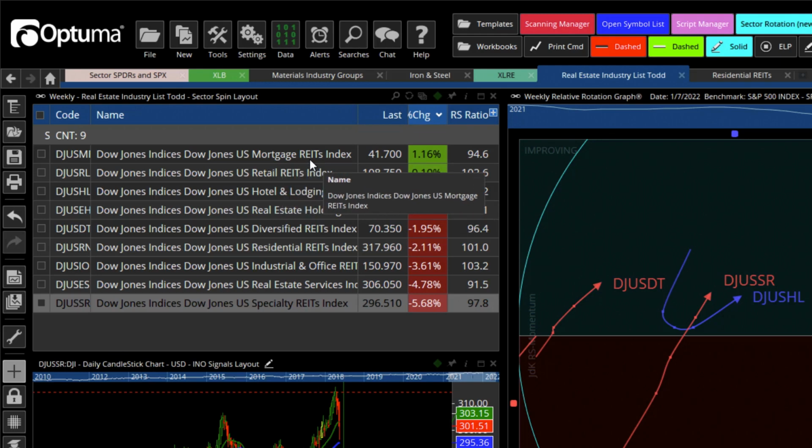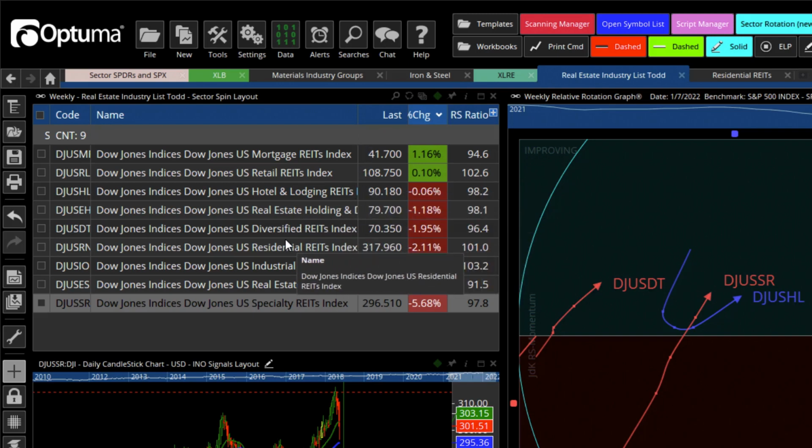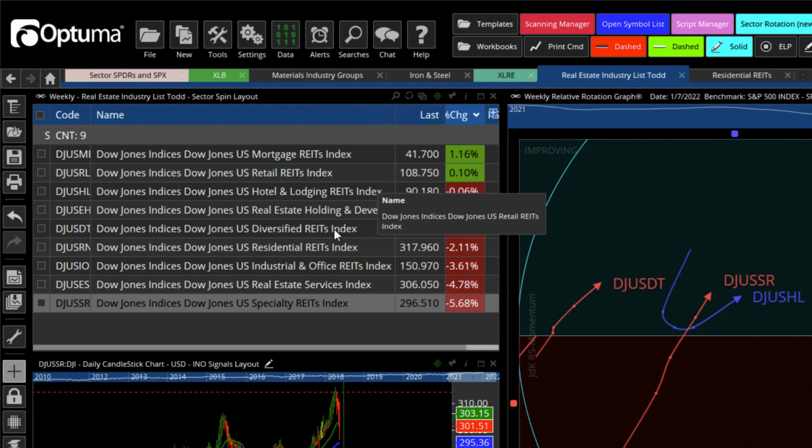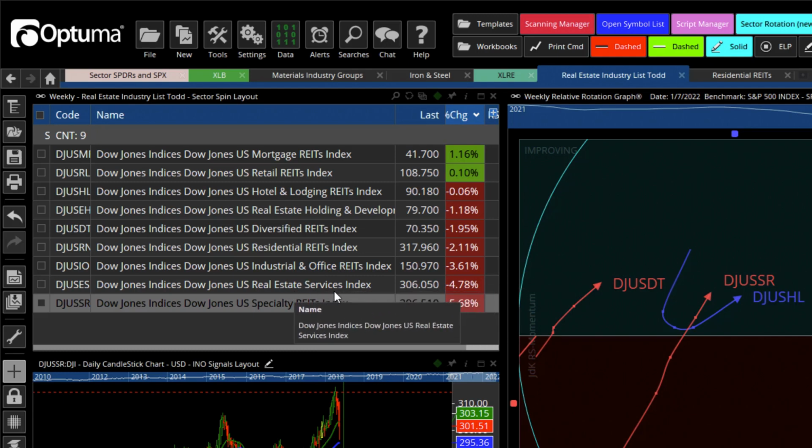There's mortgage REITs, retail REITs, hotel and lodging, real estate holding and development companies, I think. Diversified REITs. Let's move this label over a little bit more. Yep, there we go. There's diversified, residential, and industrial and office, real estate services index, and a specialty REIT. Okay, don't ask me to go through and tell you exactly what all of these are holding, but